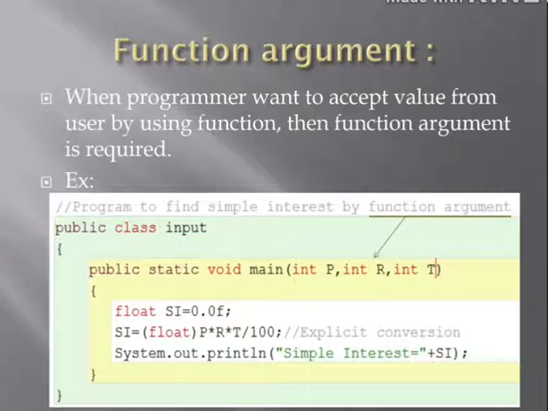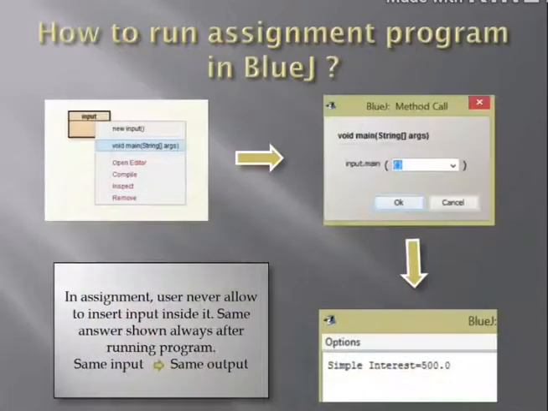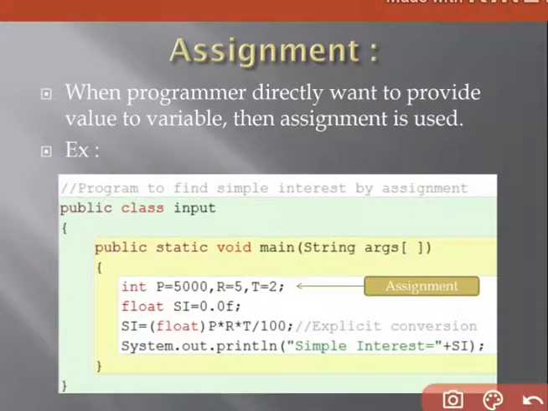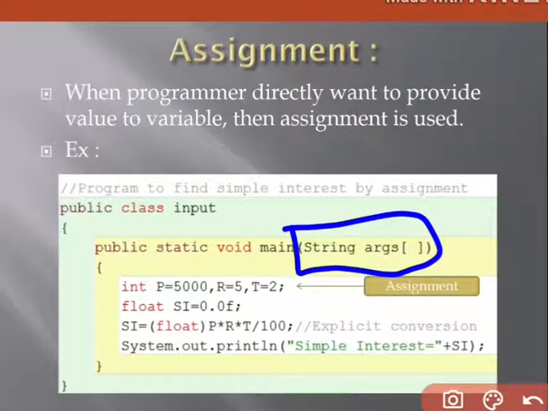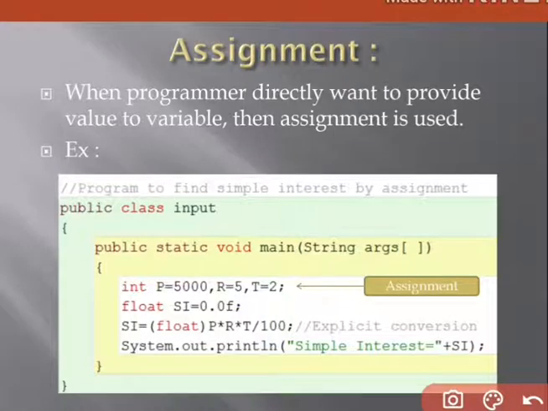When in place of string args square brackets, input values are written. See, previously I had used string args and I had written all the values here. But now a different case occurs.